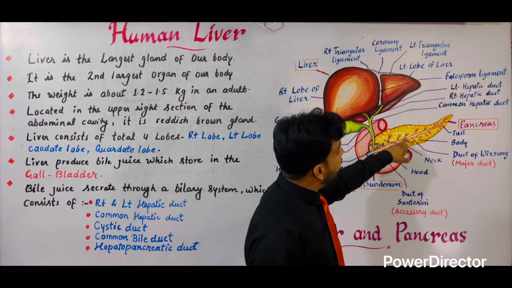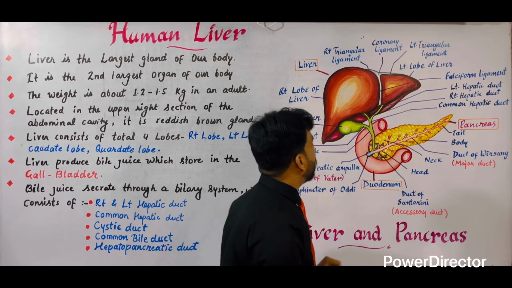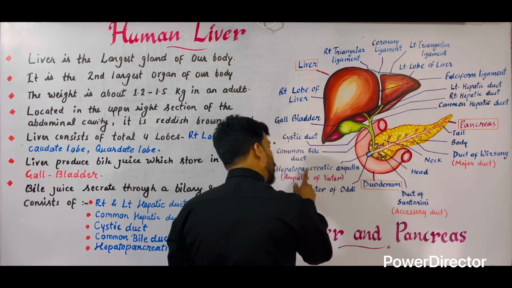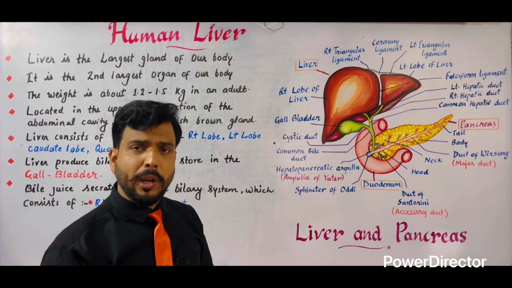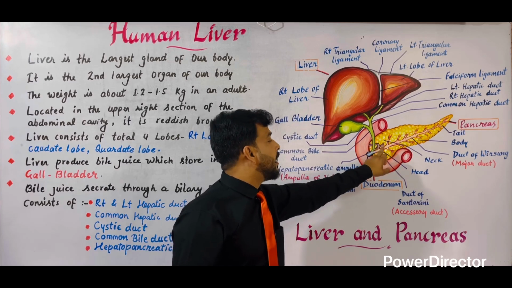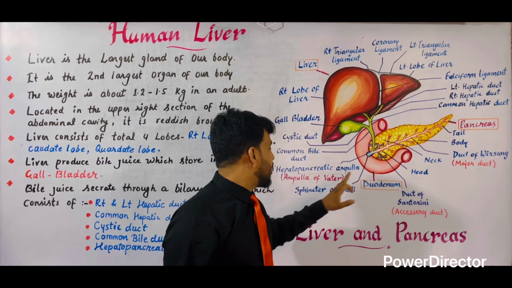At first, the pancreatic duct fuses with the common bile duct. So this is the common bile duct, this is the pancreatic duct, both fuse together to form the hepatopancreatic duct or hepatopancreatic ampulla, which is also known as the ampulla of Vater. Both are fused together and open into the duodenum through a sphincter or a valve, which is known as the sphincter